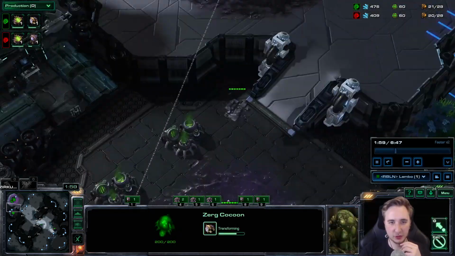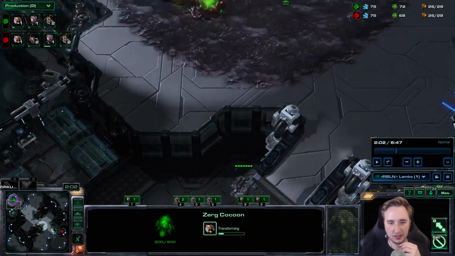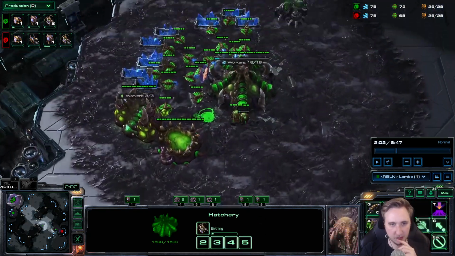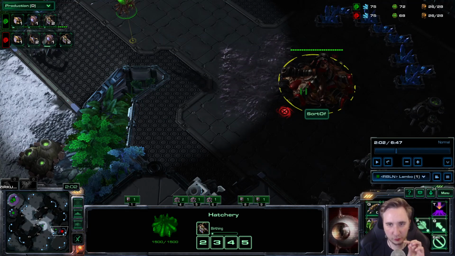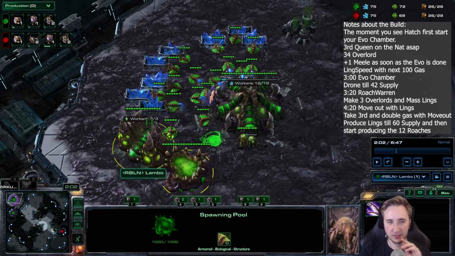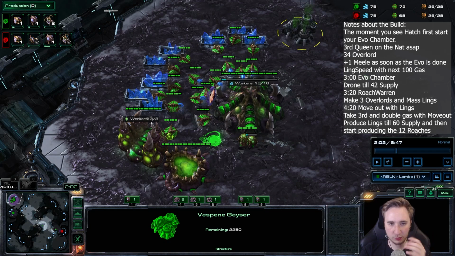We go 21st drone. None of this is really interesting. And then we go Overlord and Drone, as we always do in ZvZ. And now the first thing that happens is, the moment you scout that you're up against Hatch first, you throw down an Evolution Chamber. Now, if you would want to start +1 melee right away, you would start the Evolution